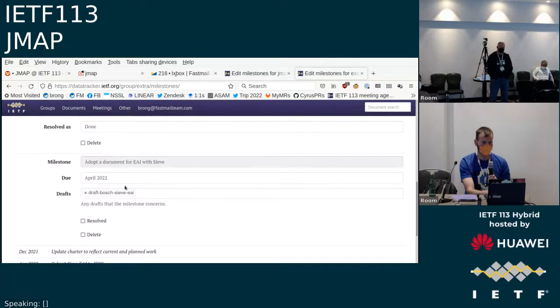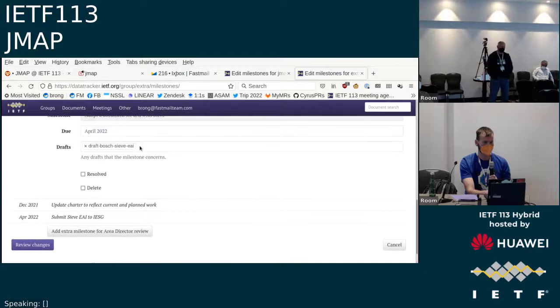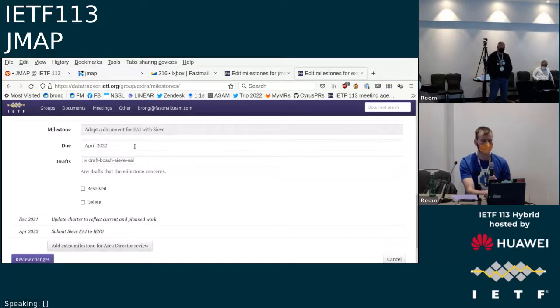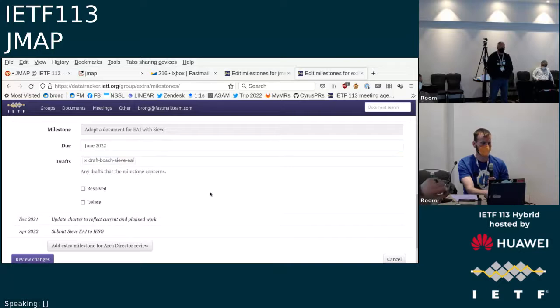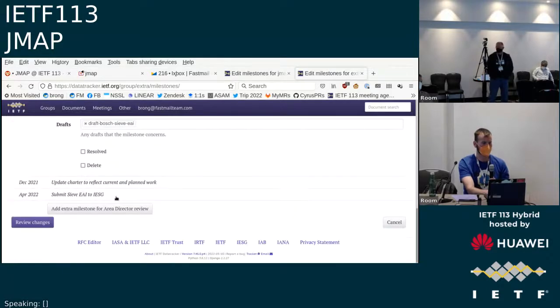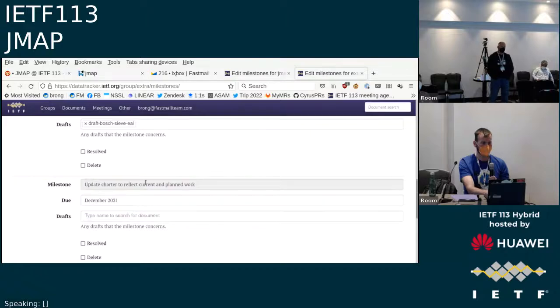I think we've adopted it already. I think I'm just going to resolve that. Might say adopt by June, submit by December, and that leaves update charter.